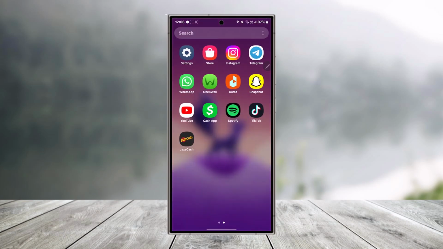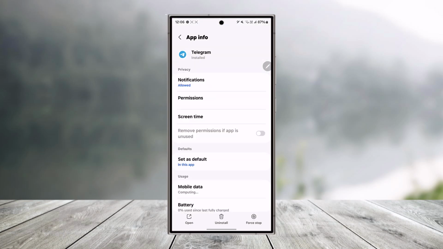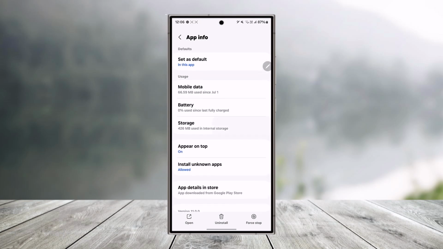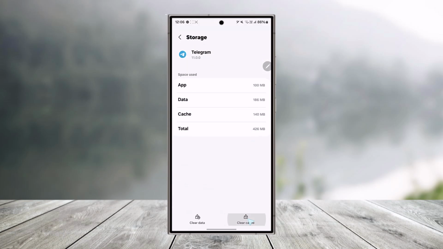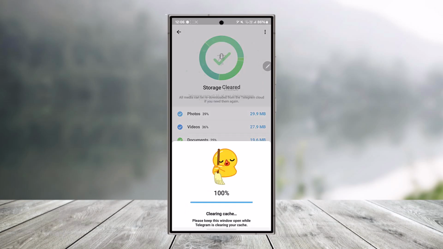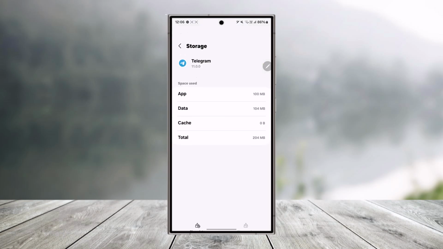So a couple of things that we can do is, if you're using an iPhone, uninstall and reinstall the app. But for Android, long press the Telegram app icon until you see this eye icon, which is the app info button. So just come here. Once you're here on this page, what you want to do is simply scroll down and go to storage. Once you go to storage, clear the cache files and also clear the data of your Telegram application, right? And once you've done that, then you should be able to open up Cash App and hopefully be able to